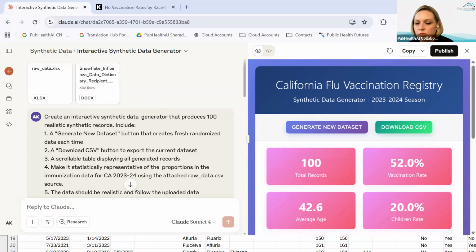I see a comment from Ian about creating synthetic data from hospitals. You probably shouldn't use the actual names of real hospitals, because the context doesn't always travel with the data set. And I think that's a really good point, Ian. Thank you for that. And that's something that you could